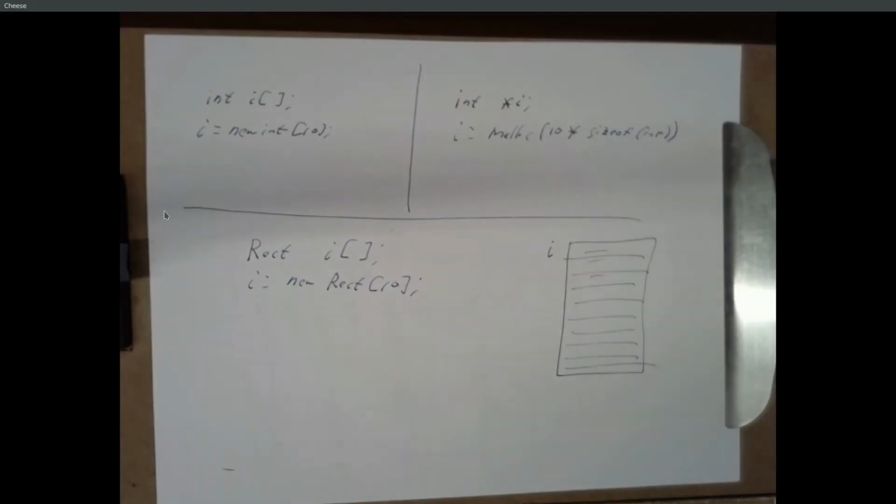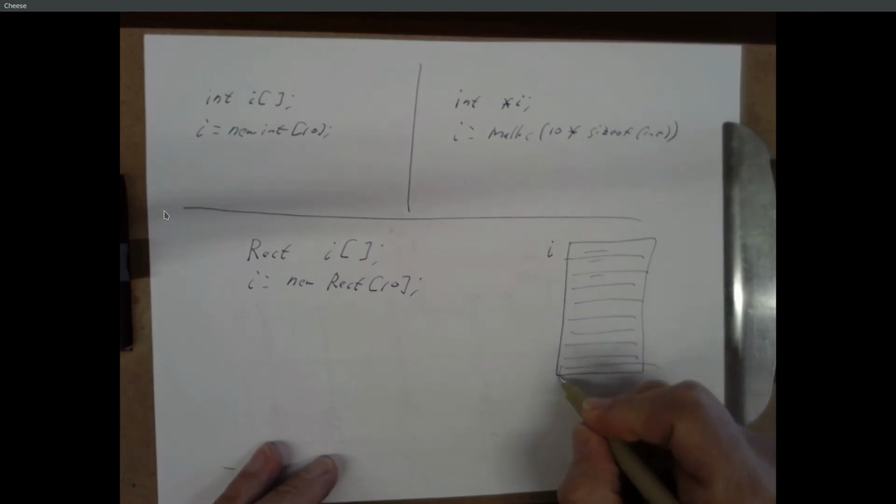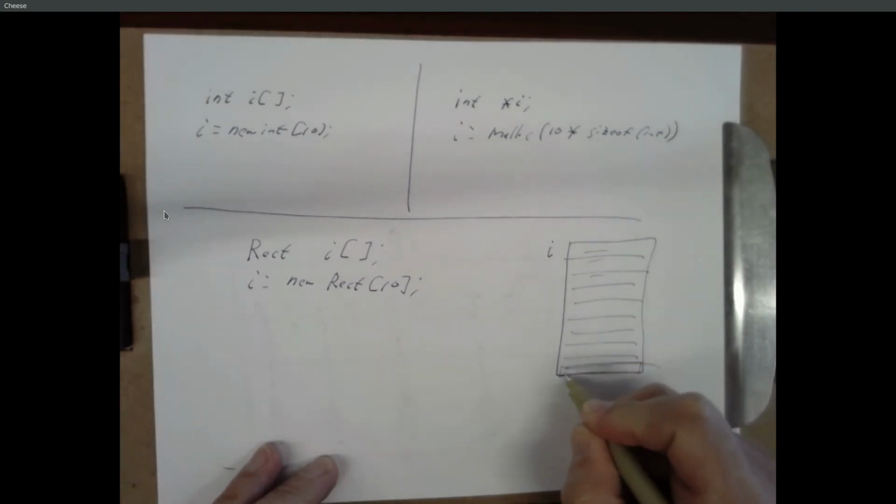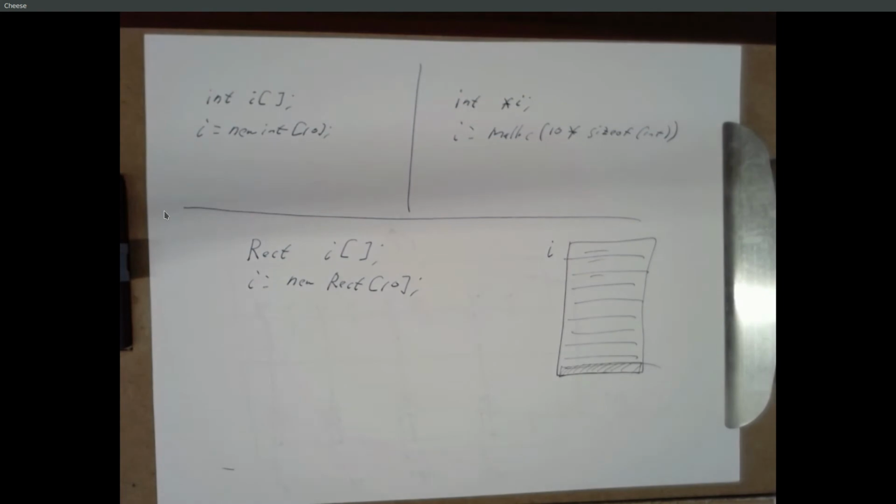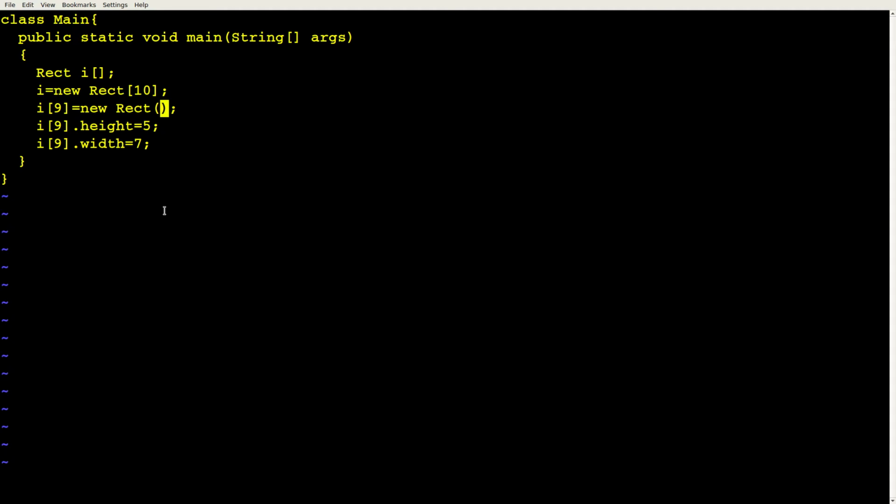So now this 9th entry, which happens to be down here, actually has a rectangle in it. So even though you already allocated, or not really allocated, even though you made that spot, you still have to declare it as a new rectangle? Yeah, because we've made that spot, and what's in that spot right now is null. Just like when you say Rectangle blah, blah is a rectangle, but its value is null. So this actually constructs a rectangle, and then we can deal with its height and width.